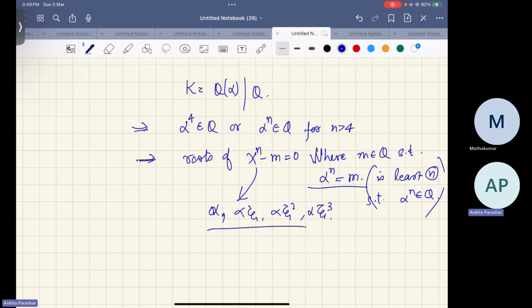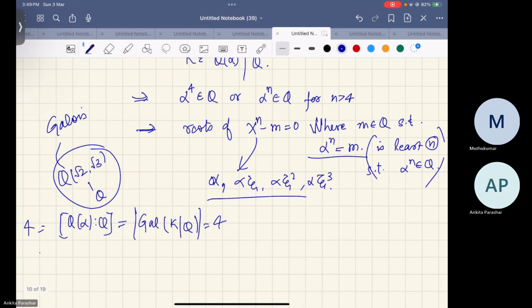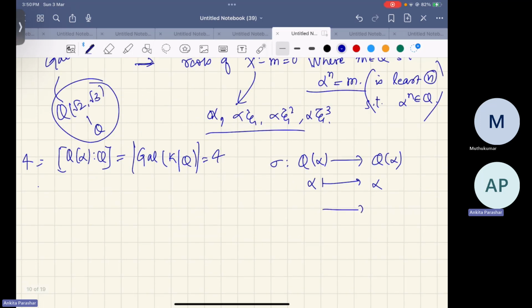If such a situation is there, we know that the Galois group of K over Q has to be of order 4, because this is [Q(alpha):Q], which is the degree of our extension, which is 4. Why? Because we know that Q(root 2, root 3) is a Galois extension over Q. Knowing this, any automorphism sigma should always permute the roots. One root is alpha, so one automorphism is this. Another root can be alpha xi, or alpha xi square, or alpha xi cube. These are all possibilities. But you know that xi is a primitive fourth root of unity,